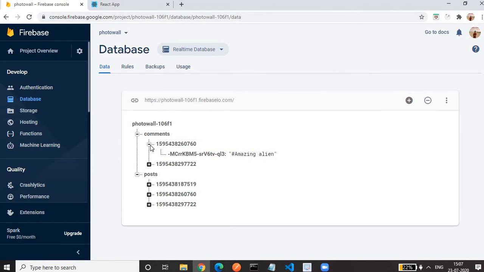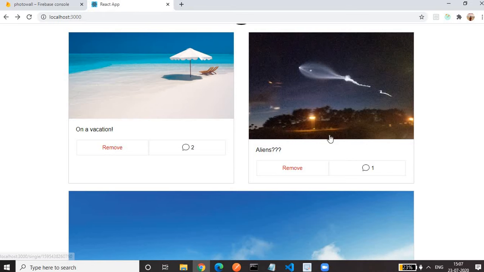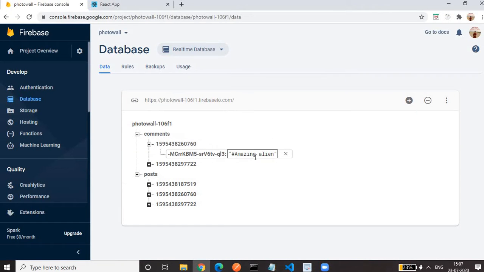Okay, then we will expand. So if you see, this is the comment, 1 comment for the post having ID 60, this one for the alien post. So it's amazing alien. We have provided 1 comment. This is a key and this is a value. This is a key which is randomly generated by Firebase.